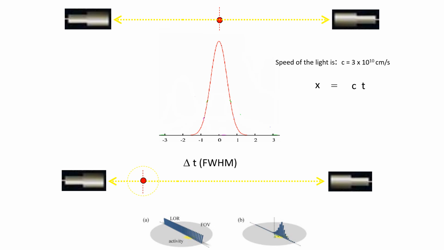Most of the events are not in the center and are distributed according to the tracer distribution in the scanned object. In conventional PET, the precise assignment of the emission point of the annihilation photons to a precise position is impossible, and the signal is therefore distributed equally along the entire line of response. If we were able to measure the difference of time, we could assign the event to the real annihilation point with a more accurate measure. This is what we do when we apply the time-of-flight correction.